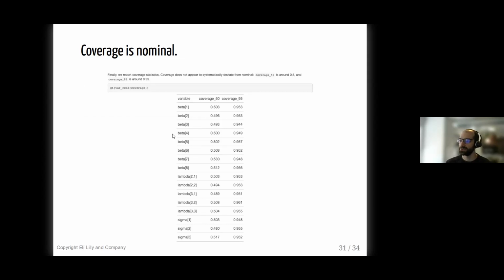I've caught bugs in working on workflows like this where I've seen coverage both too high or too low, and have had to go back and rework some of these models. This kind of calibration study doesn't catch every kind of error, but it catches a lot of different kinds of model specification or post-processing issues that you might have.